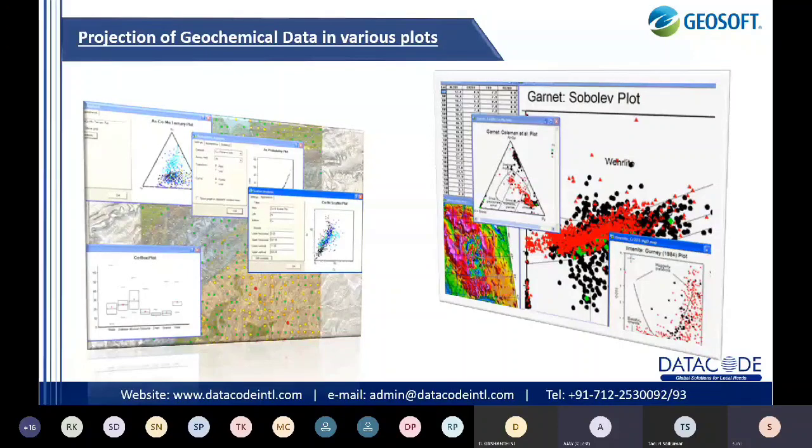As per the data, it will finally show in which tectonic setting your area is coming, based on the element geochemistry. Is there anything in this Geosoft Target so that we can generate other plots like tectonic discrimination?